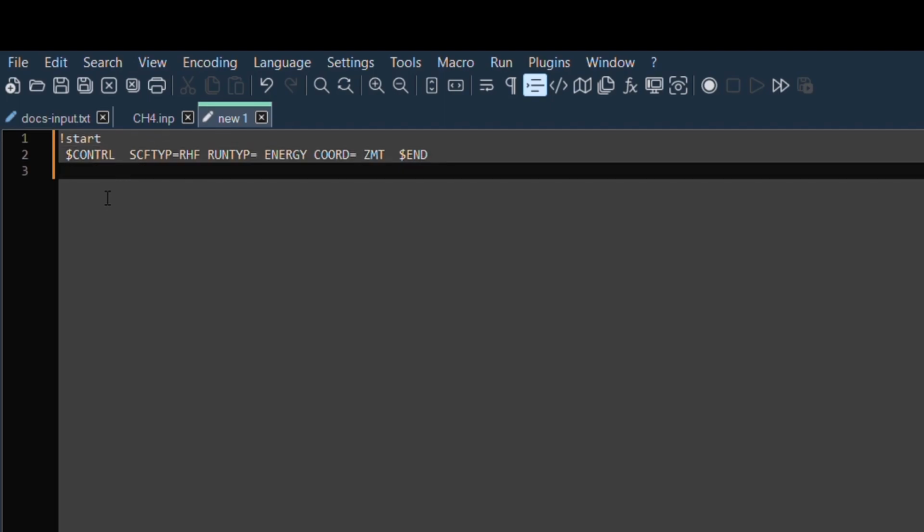So the next input card is the basis card. See, that's what I was talking about, auto spacing. Anyway, so the next card is the basis card. Like every input card, it will start with a $ sign followed by basis, and then